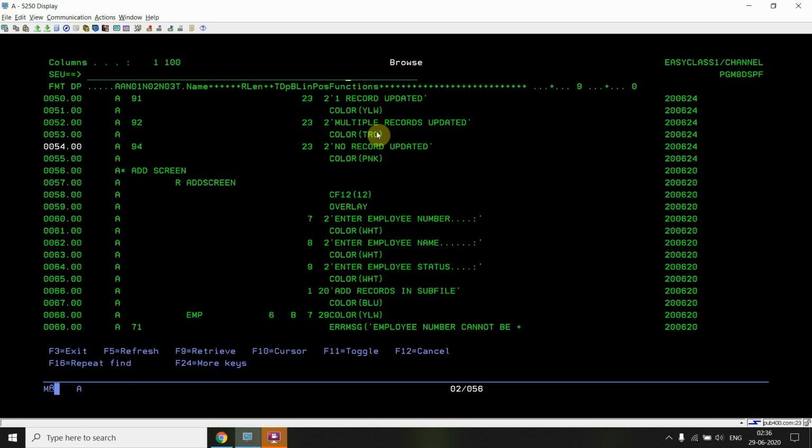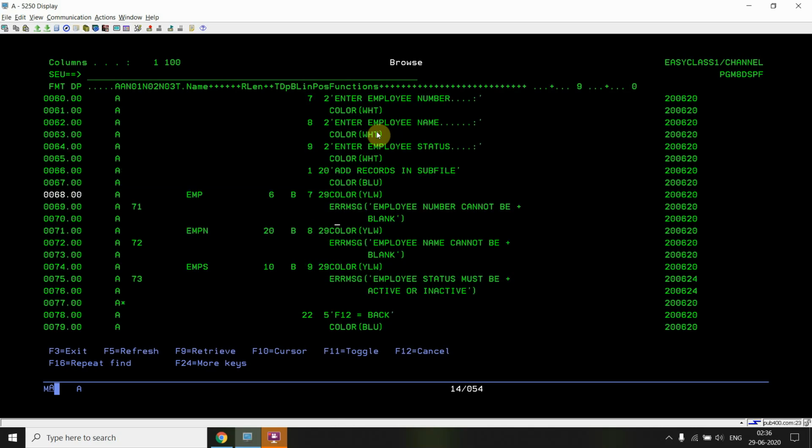Okay, now this is the add screen where I have only the F12 key on the bottom. Here also I used overlay, so we are actually overlaying that thing on the screen. Enter employee number, enter employee name, enter employee status, add records in subfile. This is the add screen. Here you can see that three fields were there: employee number, employee name, and employee status.